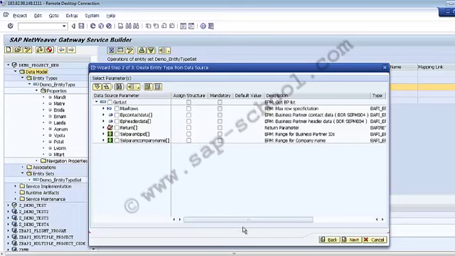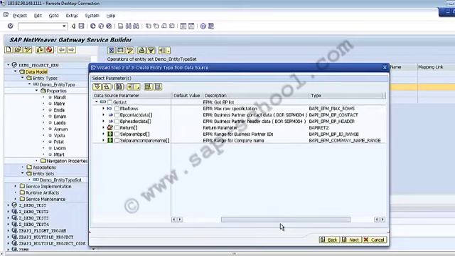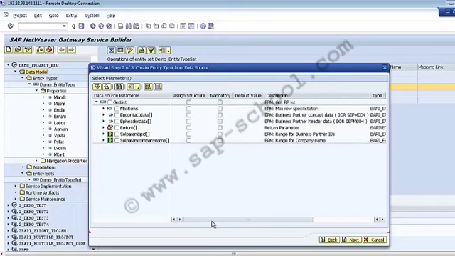Again on this screen we have certain editable properties and certain non-editable properties. What I mean by assign structure is that we can select the checkbox under assign structure to create additional artifacts. My complex types will be created if the parameter is a structure type, and the entity type will be created if the parameter is a table type.